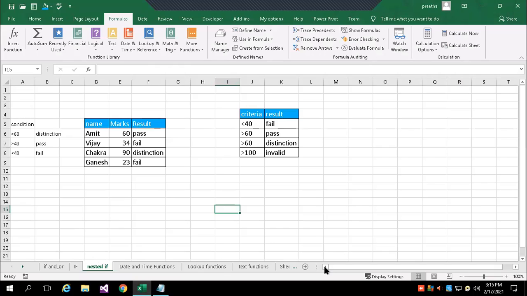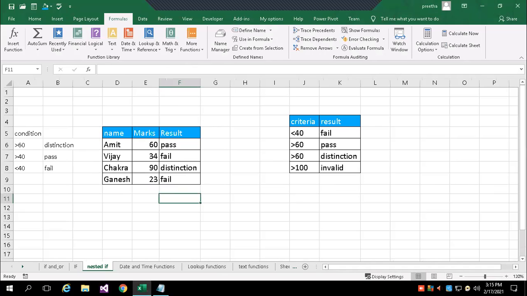Now you can see the next example with logical function. My criteria are here. Here I have mentioned some student names and marks. In the condition, I have given above 60 is distinction, above 40 pass, less than 40 I wanted to write as fail.